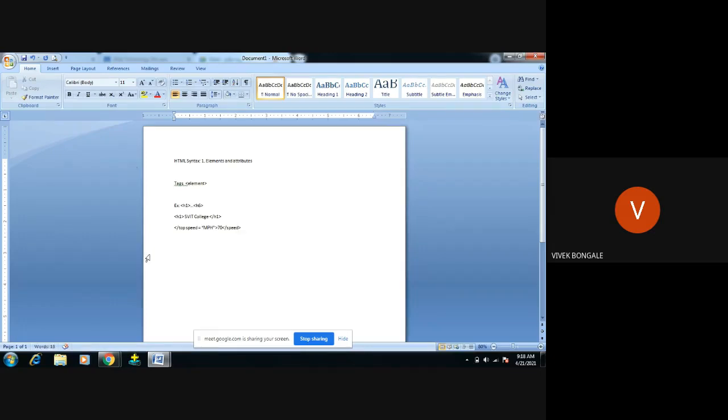We consider this an attribute value, because this top speed is an element or a name. An attribute will always be in the form of name equals value. An attribute always has a name followed by some value. If you consider top speed as the attribute name, the value is mph. It should be enclosed in double quotes or single quotes. One more example.